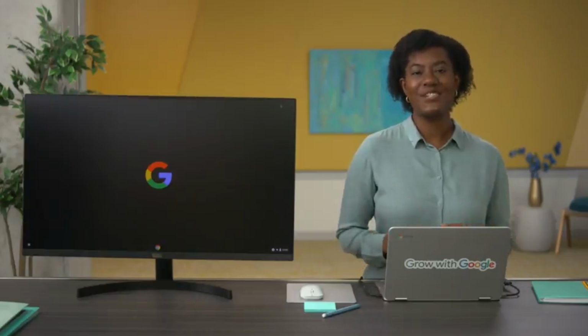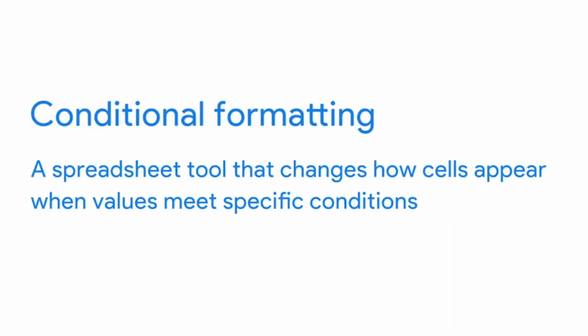Hi again. So earlier we talked about conditional formatting as a spreadsheet tool that changes how cells appear when values meet specific conditions. This lets you add visual cues to your spreadsheets that make it easier to understand your table at a glance, and it makes the information in the worksheet clearer to your stakeholders. In this video, we'll take that even further by combining conditional formatting and data validation to create custom tools for